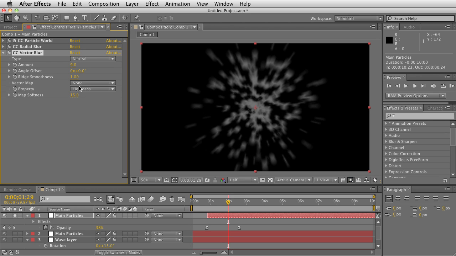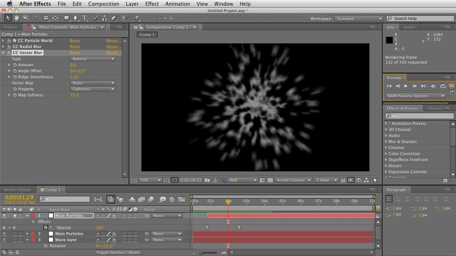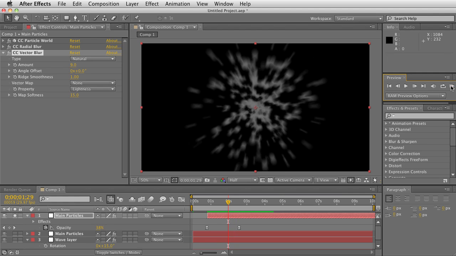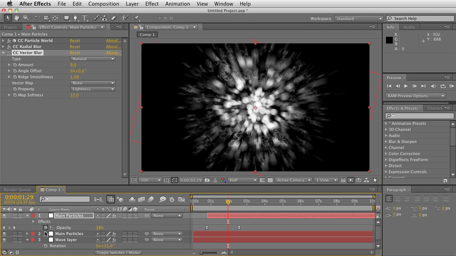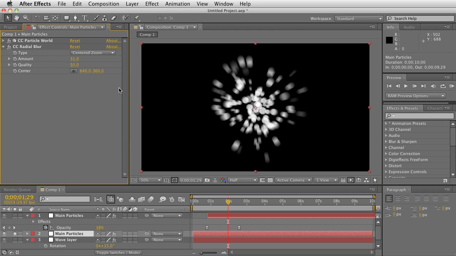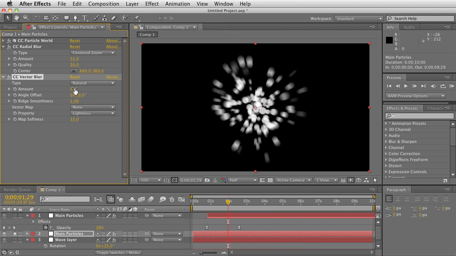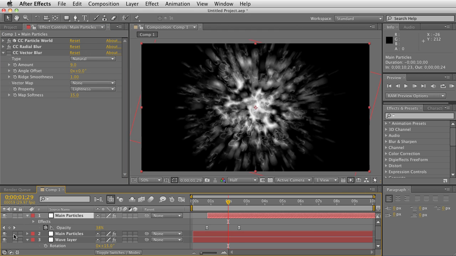Very small amount, and let's see what that looks like. So this is what it looks like when it's on, and when it's off it looks like this. So just bringing down the pure circle look. And the same thing with the main particle system if you want to. It's a little bit too much of a perfect circle, so we can distort it, or we can do that vector blur again by a small amount, and then we can unsolo that one,